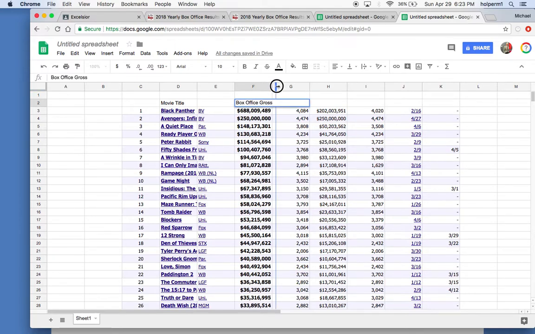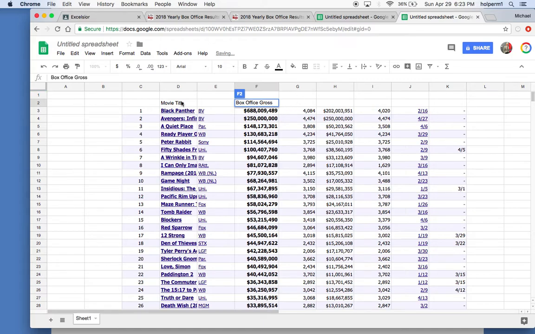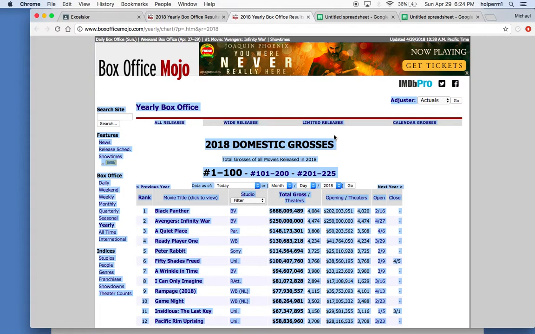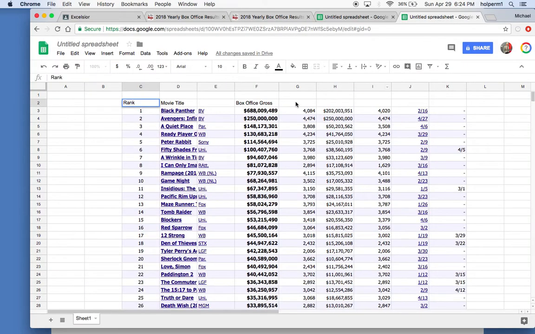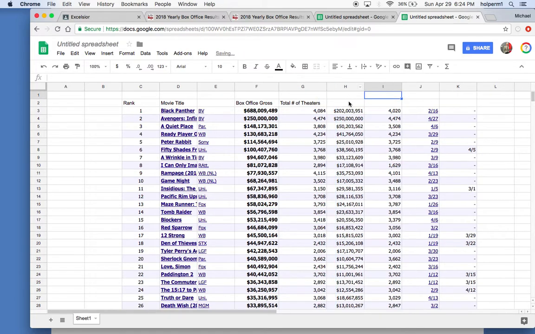That's going to be the main way we're going to be thinking about this set of data today. We could call this rank, and we may need to look up what these things mean. So that's like number of theaters it was shown in. So we could say total number of theaters. And then we could also write opening weekend, which I think was the other one,